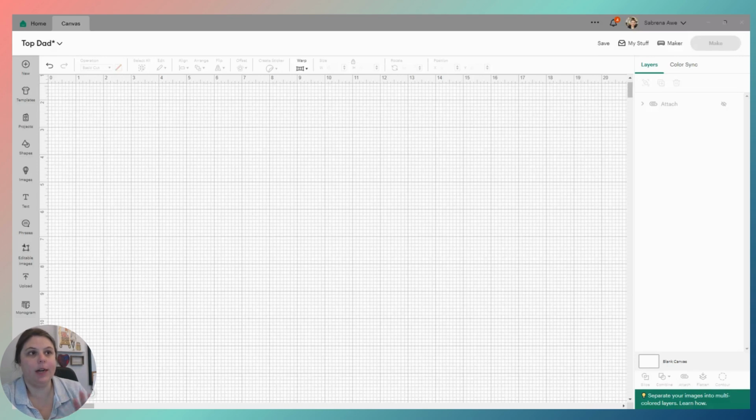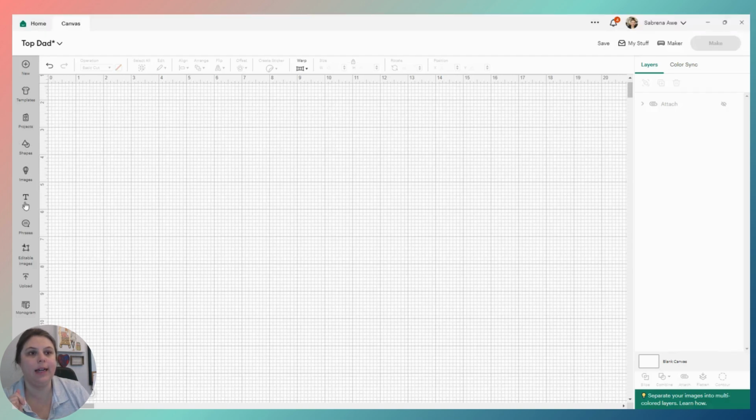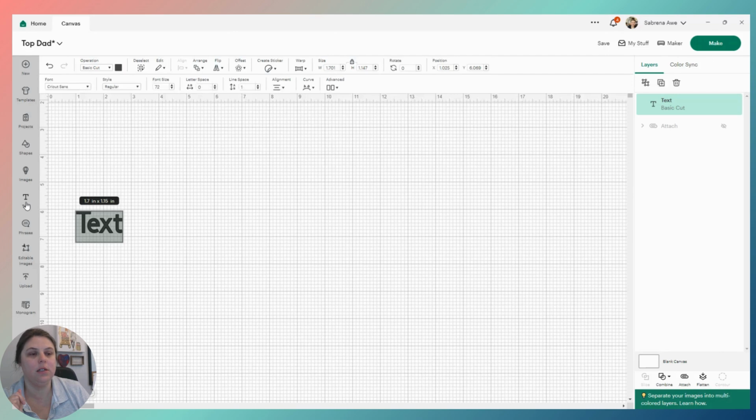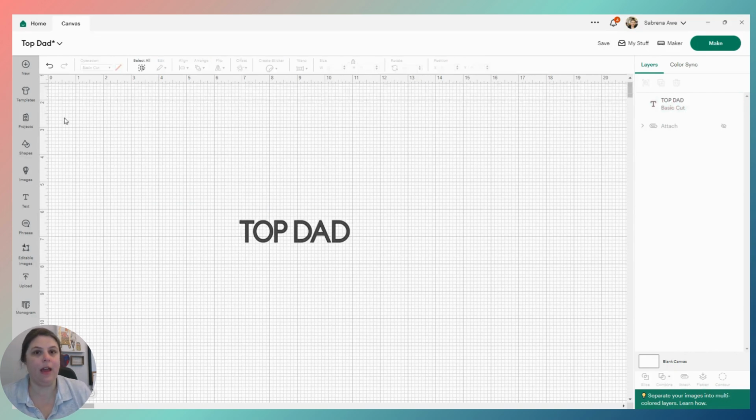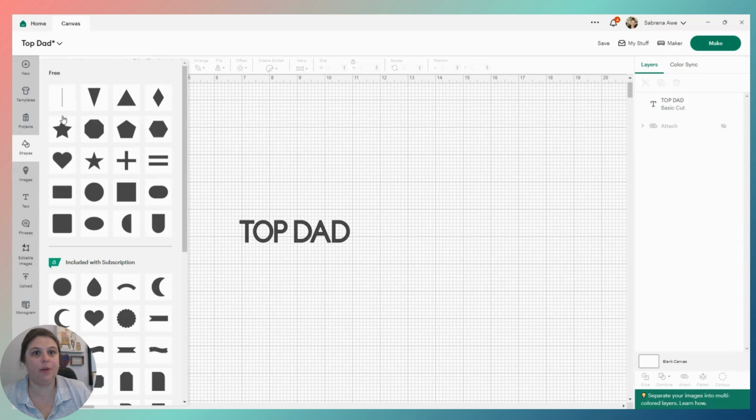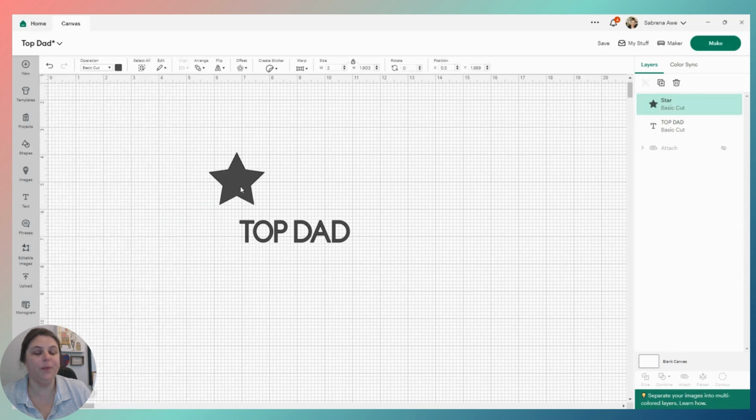Okay, so now we're in Cricut Design Space. I have a blank canvas, and I'm just going to add a text box. The basic elements of this are going to be a text box that says Top Dad. And then I also need a shape of the star, and I'll need to multiply or duplicate that. But first I want to figure out,